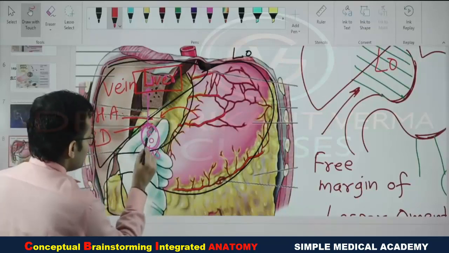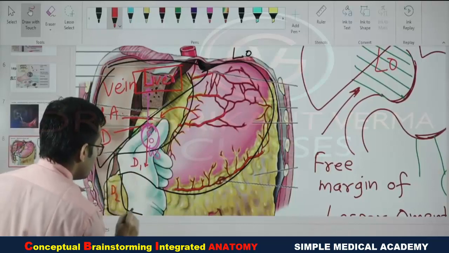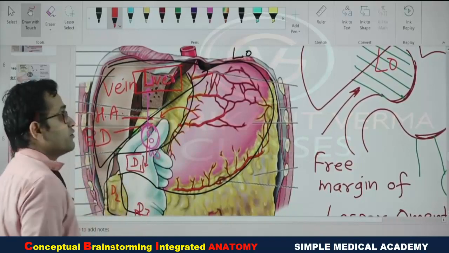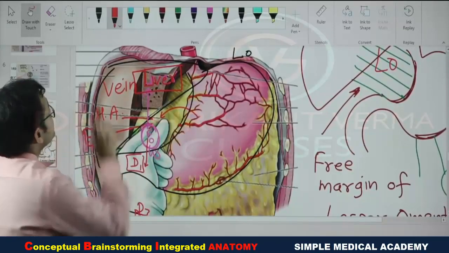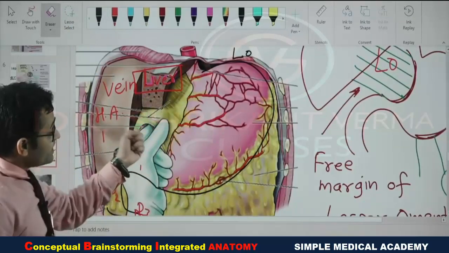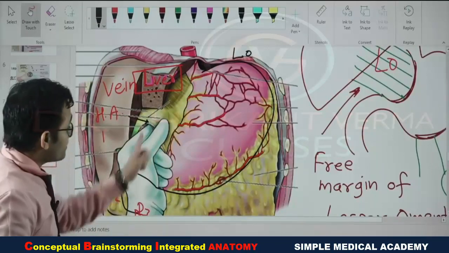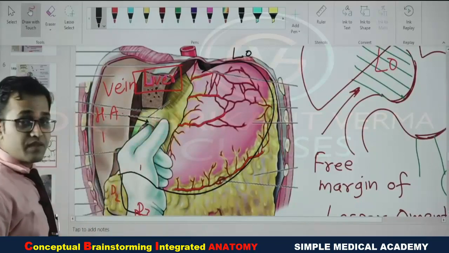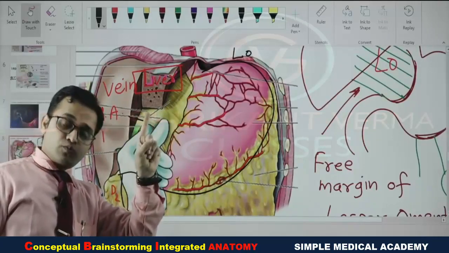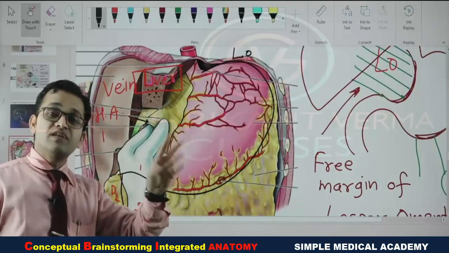Can you see, the inferior boundary is formed by which structure? Your answer is D1, D2, D3? Definitely it is D1, the first part of the duodenum. Which structure is forming the anterior boundary? Definitely your answer is the free margin of the lesser omentum, containing the vein, artery and the duct. The posterior boundary is not visible, and is formed by the SIT: S for suprarenal gland, the right suprarenal gland, I for inferior vena cava, and T for thoracic vertebra, T12.